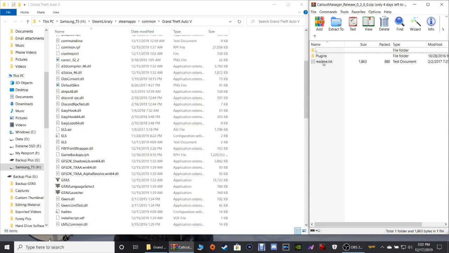Okay, so just click your plugins folder right here, highlight it, and just grab it,